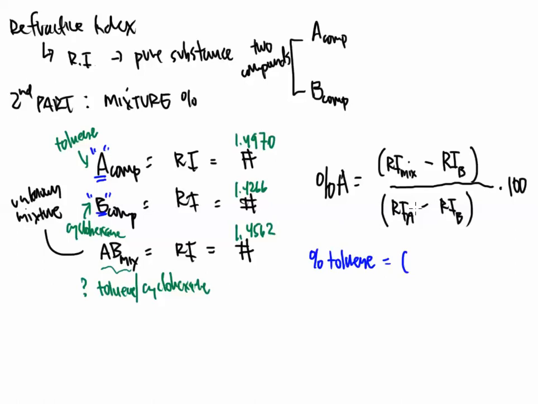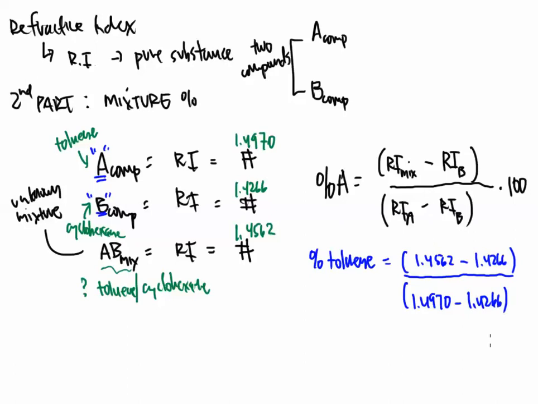It's a cult classic. All right, so percent of toluene equals refractive index of the mixture. Well, my mixture here is 1.4562. And I'm going to subtract the refractive index of the piece that I labeled as B. So here's B, that represents cyclohexane. That is a 1.4266. And then I divide that by the refractive index of the piece that I labeled as A. Well, that was toluene. So 1.4970 minus my refractive index of the piece that I labeled as B, which was cyclohexane, and that's